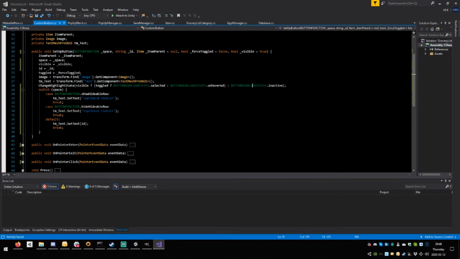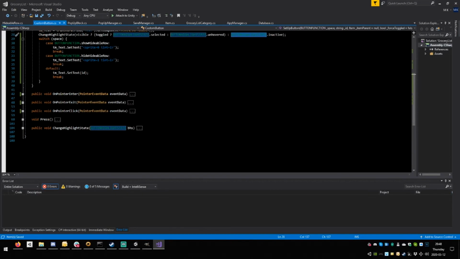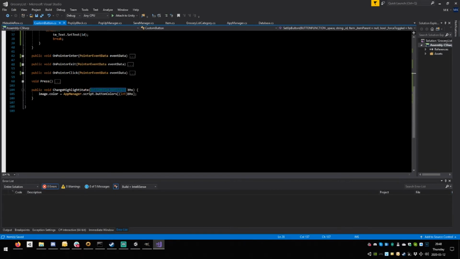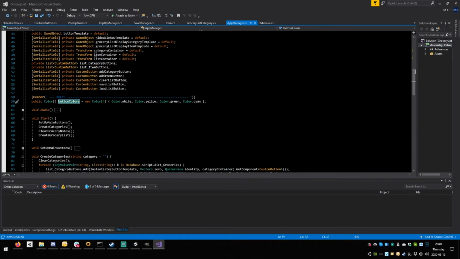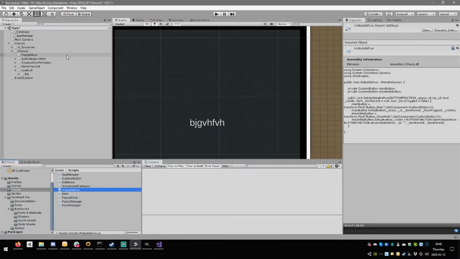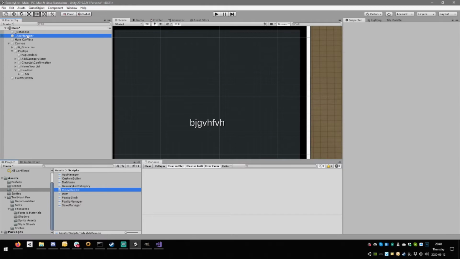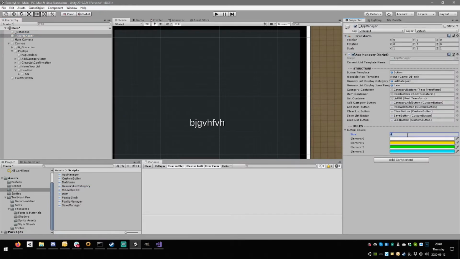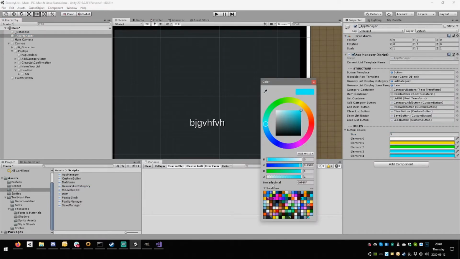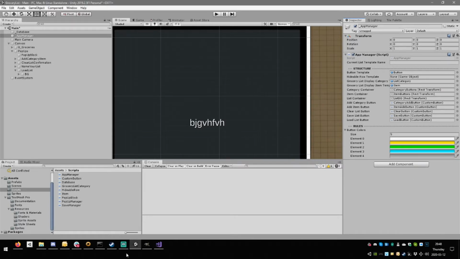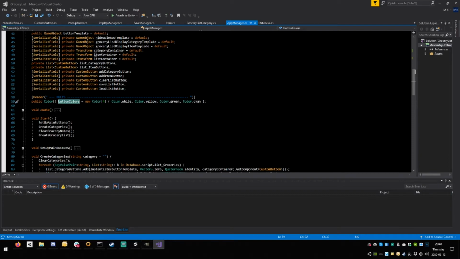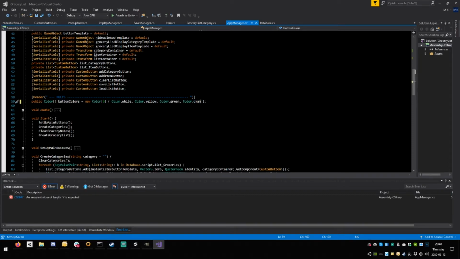But the button highlight state inactive, this one will be important. Change highlight state, app manager button colors. There's a new one we need. We're gonna change the default value as well, by the way. So 5, and we're gonna go with a gray, like that. All right. And here we're going to type 5, and we're gonna say